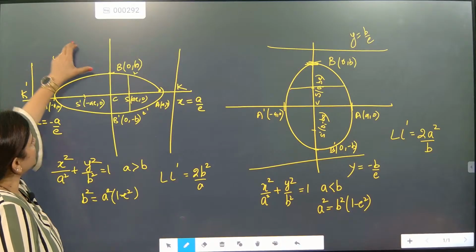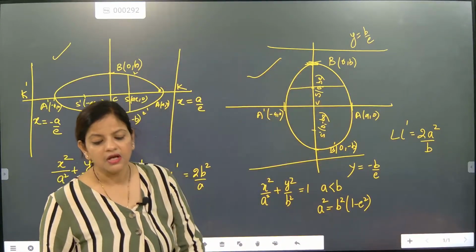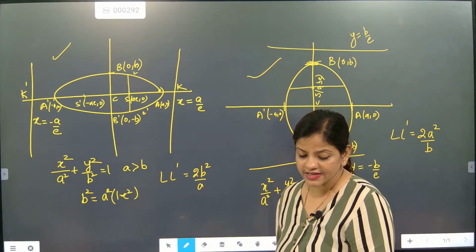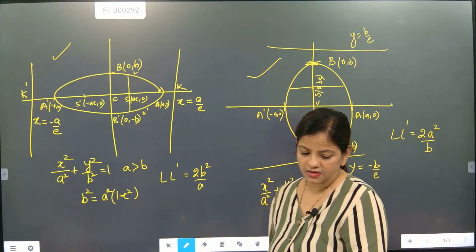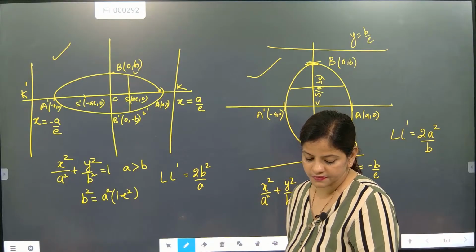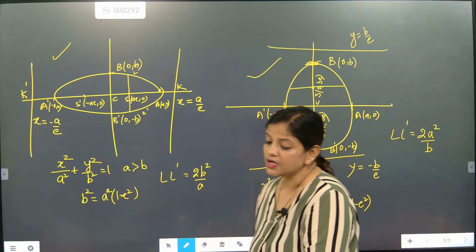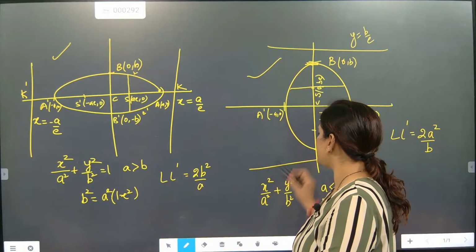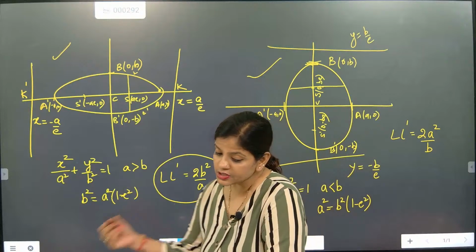So this part and this part, I hope you have understood the difference between these two ellipses, beta. In one ellipse, the major section is exactly resting on the x-axis, and in the other, the major section is on the y-axis. I hope you have understood this one. This is exactly the most important section. When somebody asks you, it is coming as LL' is equal to 2b square by a,